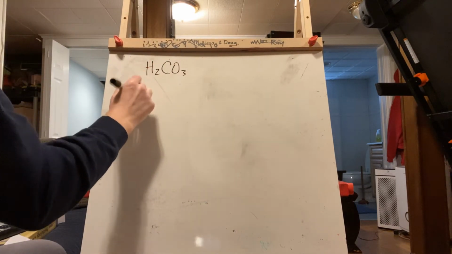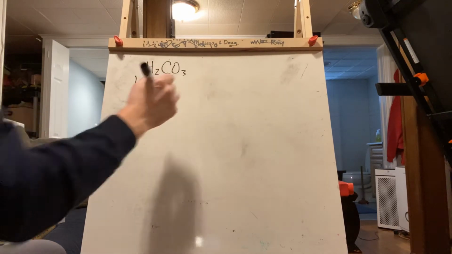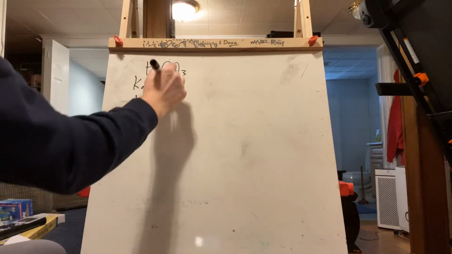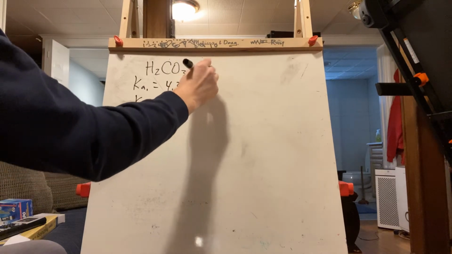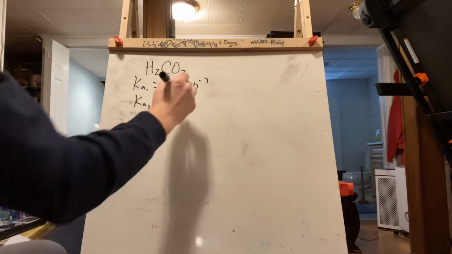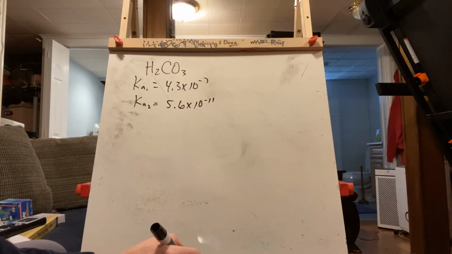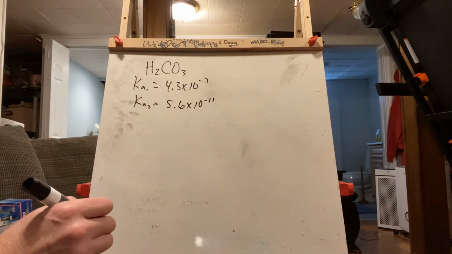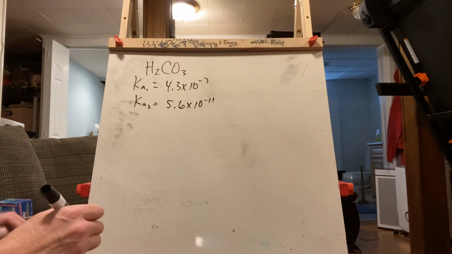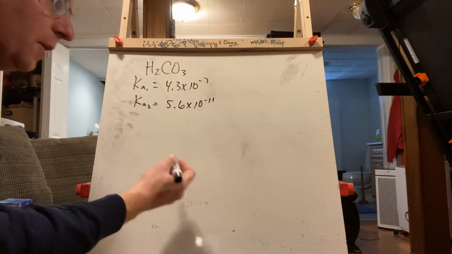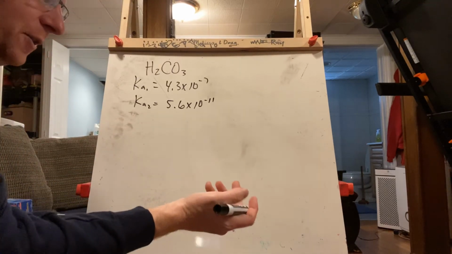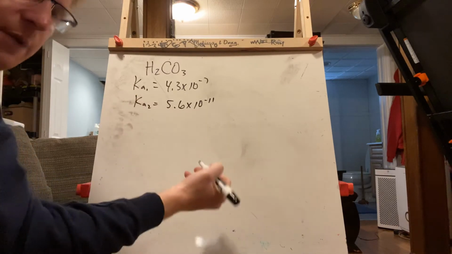Your Ka1 and Ka2 of H2CO3, this is a pretty weak acid, 4.3 times 10 to the negative 7th, and 5.6 times 10 to the negative 11th. That's carbonic acid. And so the next thing you're going to learn tomorrow is the acid-base properties of